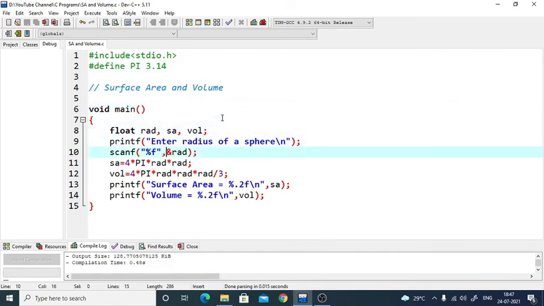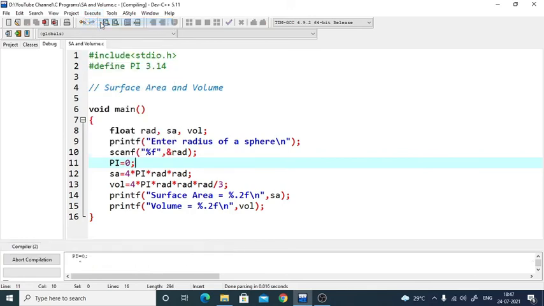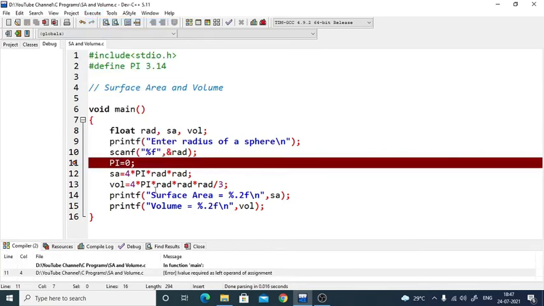Here also I cannot try changing the value of pi. If I do that, it is going to generate an error. You can see that it is not allowing. Now the error style is different: L value required as left operand of assignment. You know why? Because that pi will be replaced by 3.14 and it is actually getting generated as 3.14 equal to 0, which is not allowed.